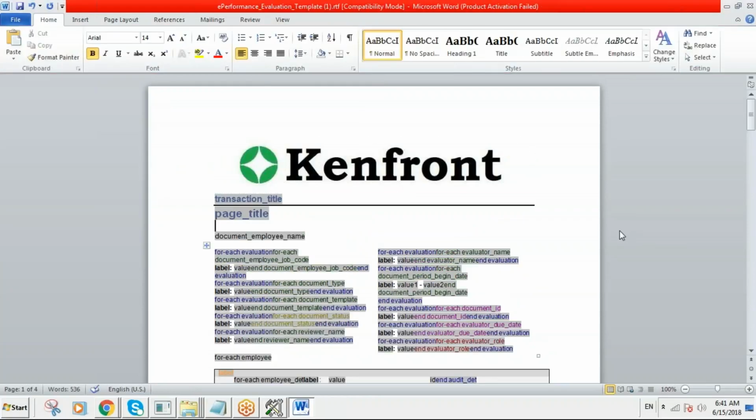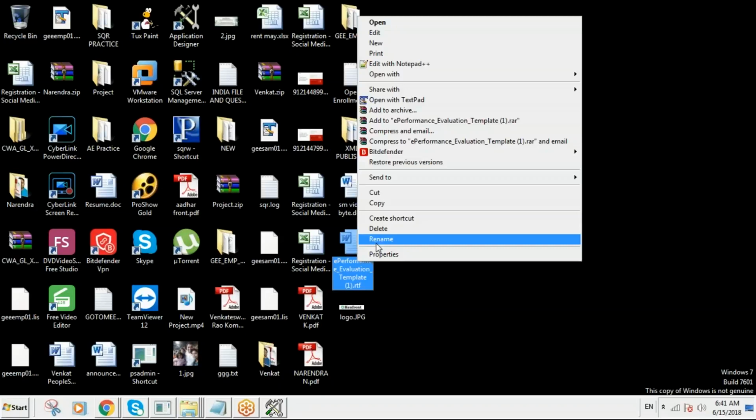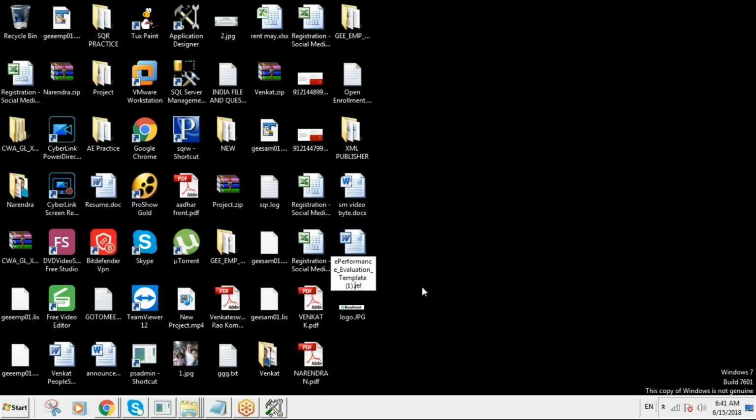Here, like this. Now, just save it. That means, if your organization is expecting the logo to be populated on the XML Publisher report output,